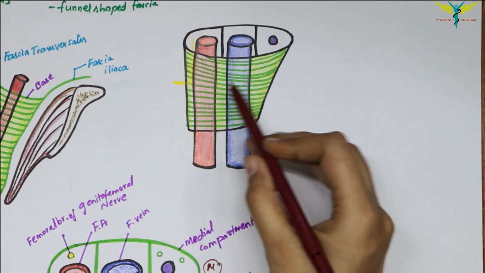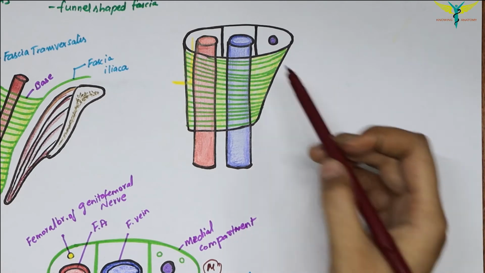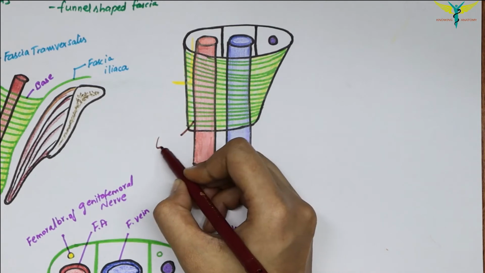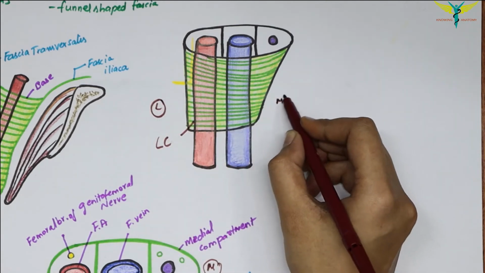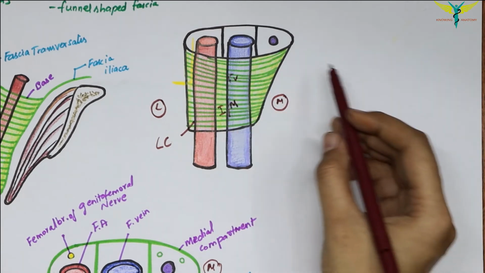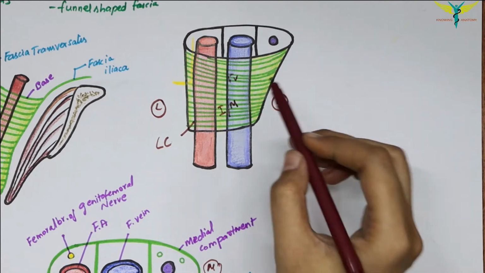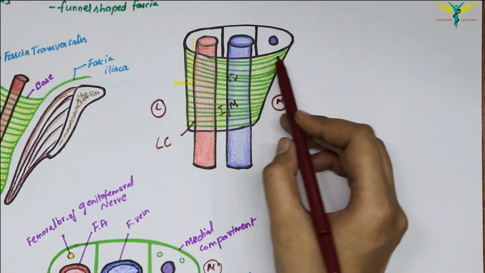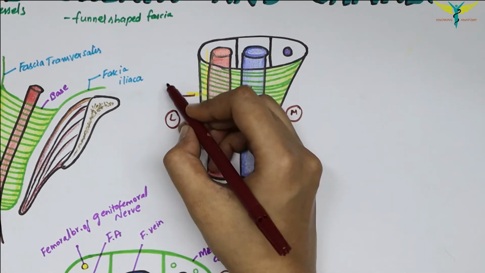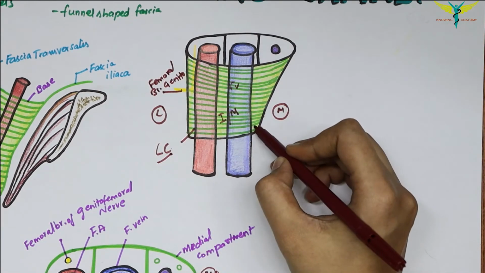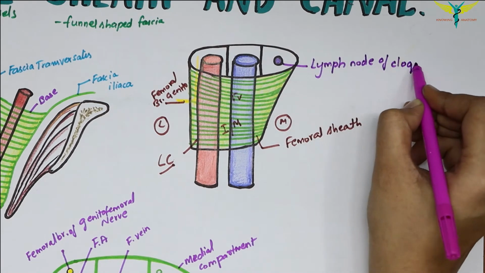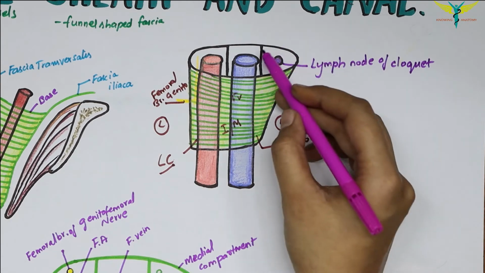So this diagram indicates the walls and the contents of the femoral sheath, that is the anterior view. The compartment that contains the femoral artery is the lateral compartment. So this is the lateral side and the medial side. The intermediate or middle compartment contains the femoral vein, and this is the medial compartment that usually contains a lymph node of Cloquet and the fibrofatty tissue. And remember, the lateral compartment also contains a femoral branch of the genitofemoral nerve. And this green color is the femoral sheath. This is the lymph node of Cloquet, and this is the femoral canal, that is the medial compartment.